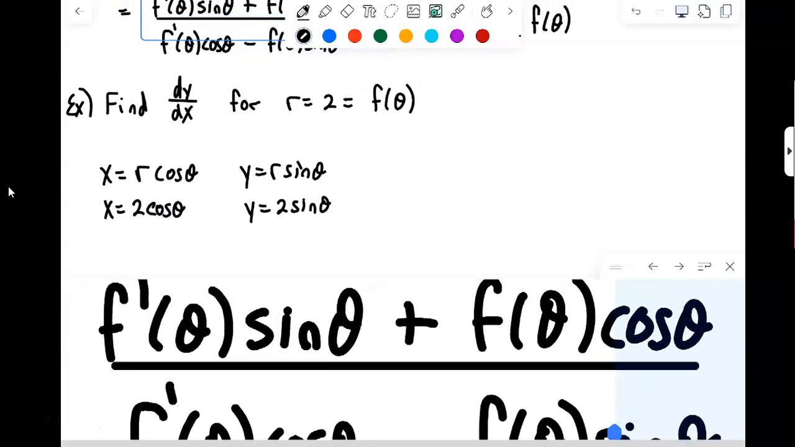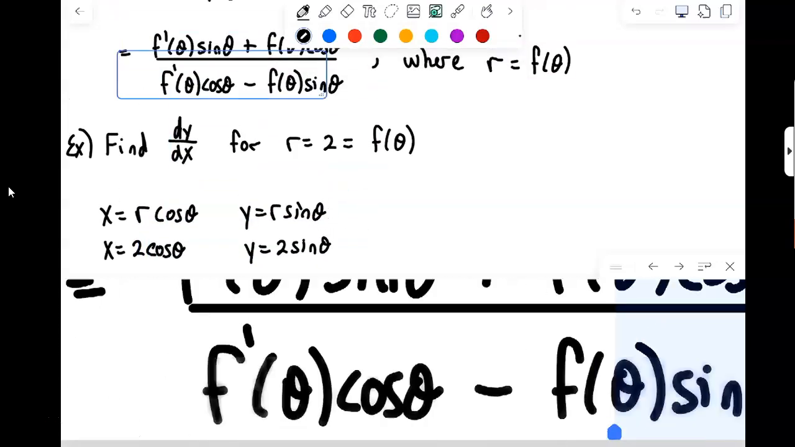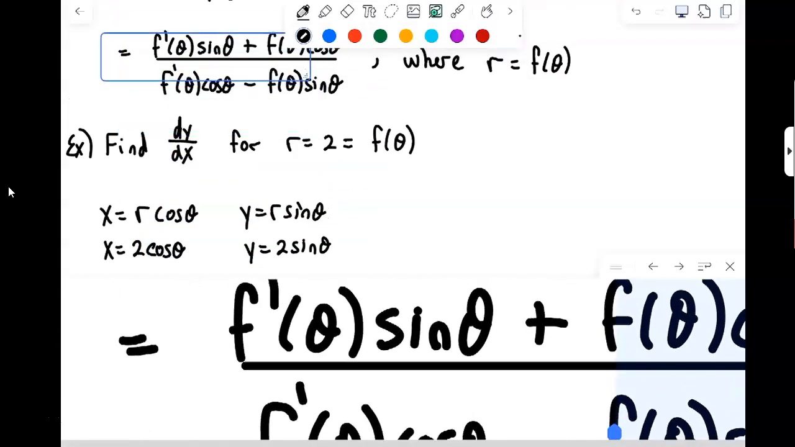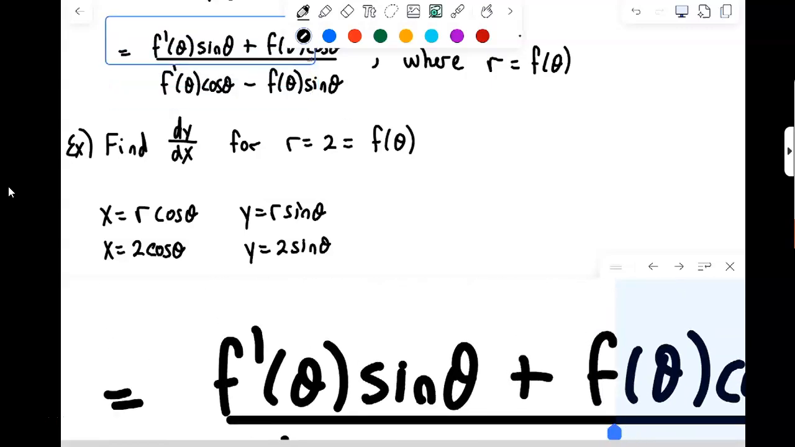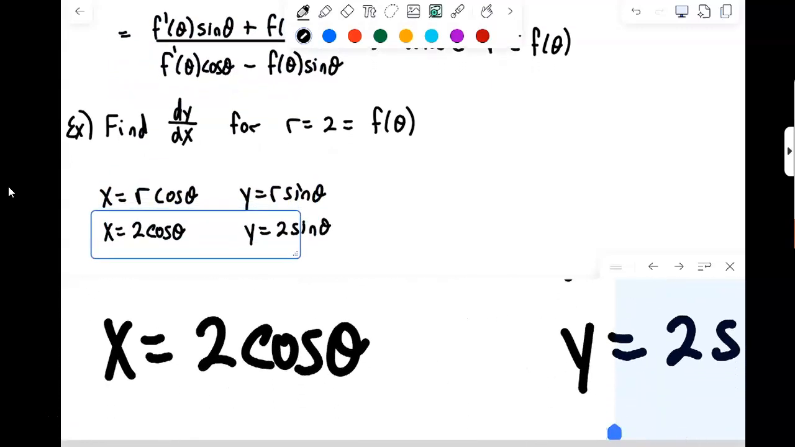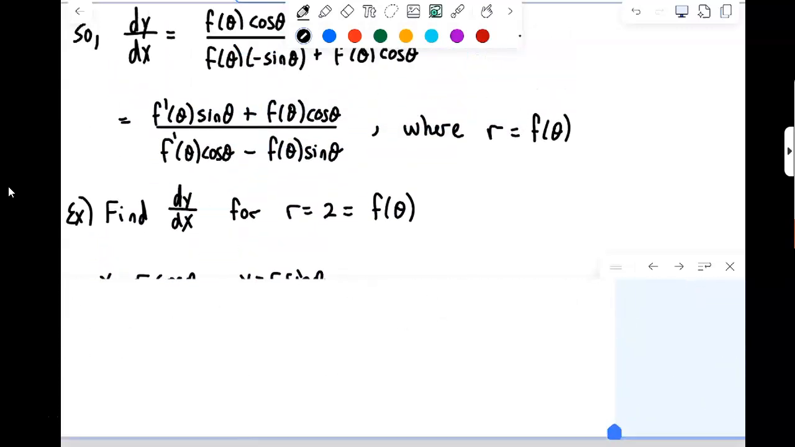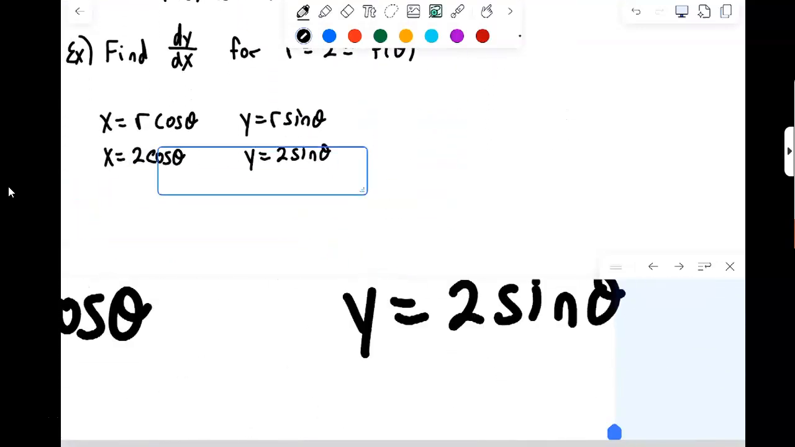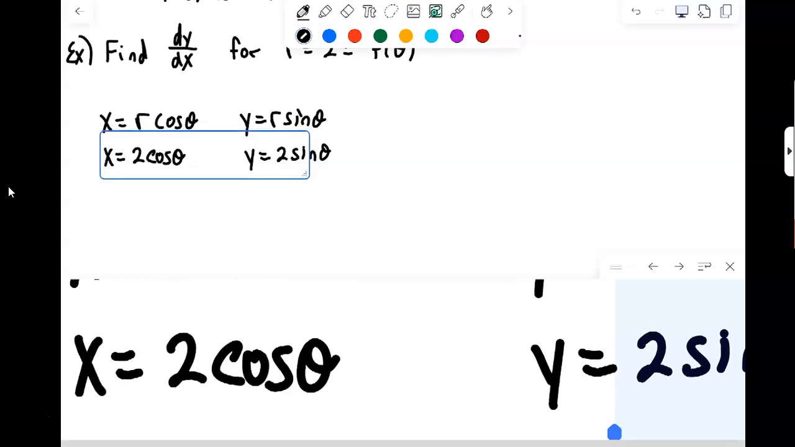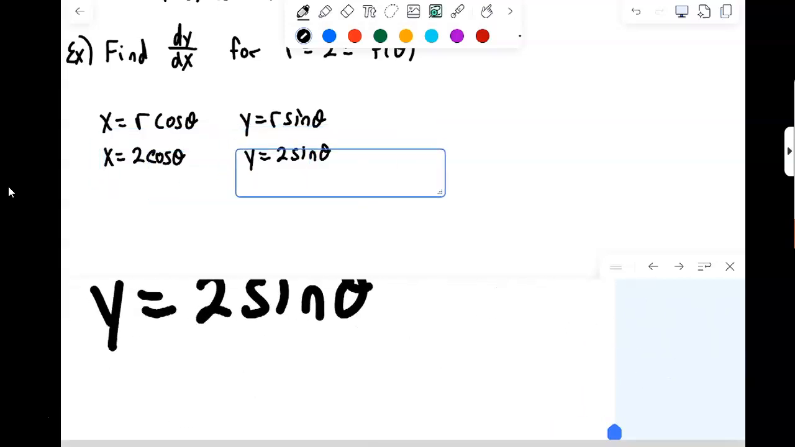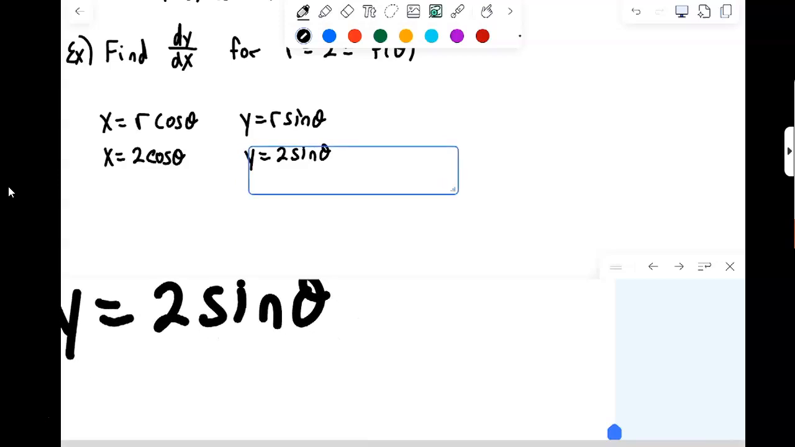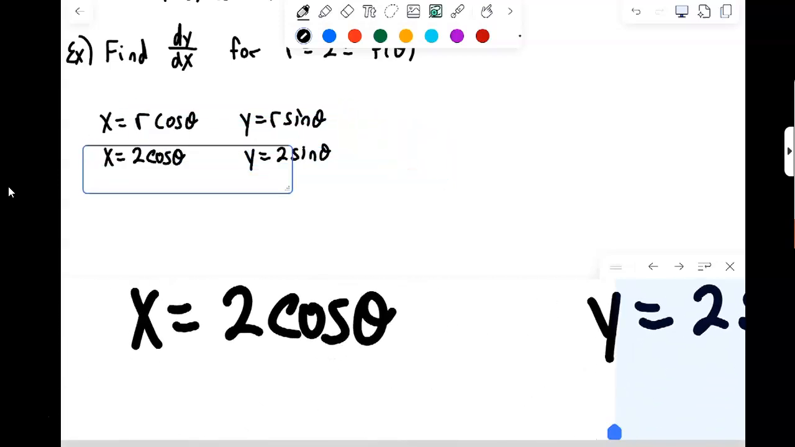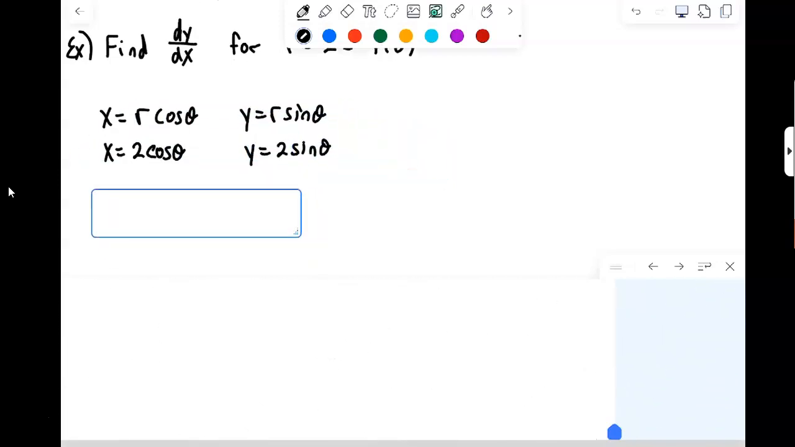So we could use the derivative formula up here, or just realize that in this derivative formula, the first terms are both going to be 0 because r is a constant. And then you can use the formula just for the other two terms. Or we can just use the idea that it's the derivative of y with respect to theta over the derivative of x with respect to theta. Okay, so dy/dx